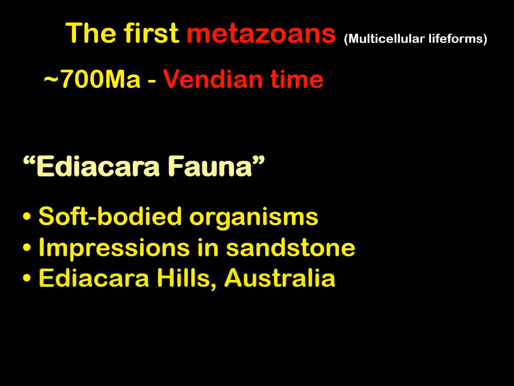And the reason we call it the Ediacaran fauna is, even though they have been found in other places, the first location that these fossils were found were in the Ediacara Hills of Australia. So they've kind of been given the type locality name collectively all around the world. So if you're looking at 700 million year old Vendian metazoans, you're looking at Ediacaran fauna. And as I said, they are found everywhere where we have the right facies of the right time worldwide.